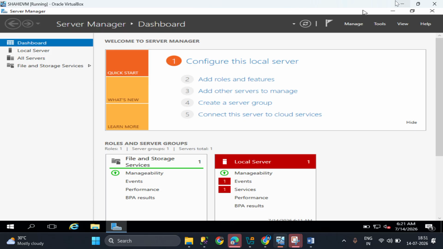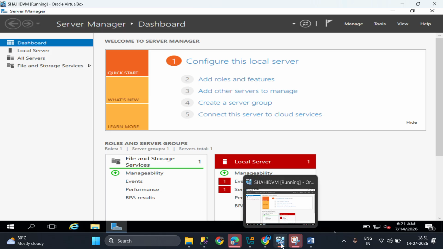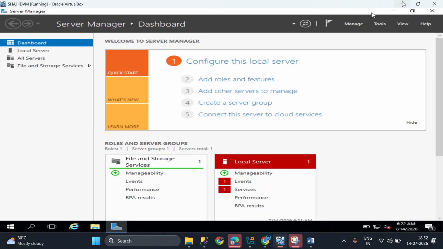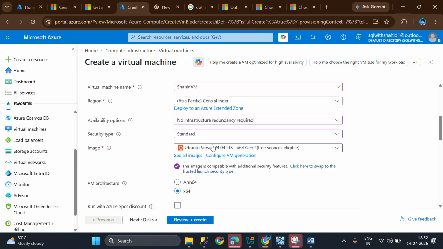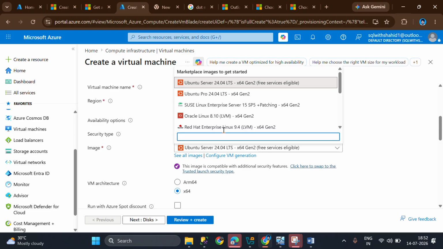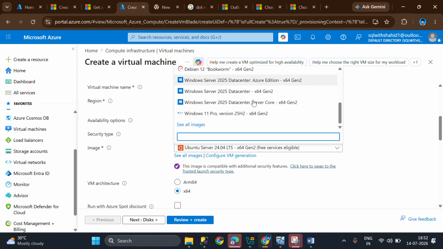In the Oracle VM, at the time of creation, I gave the ISO file; the same thing it is asking for here, the image. This is also the ISO file only. So I have to select Windows Server, Windows Server Datacenter. Here I will be selecting this Windows Server 2025 Datacenter.